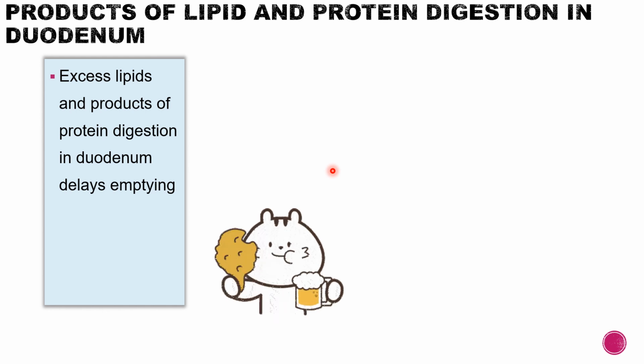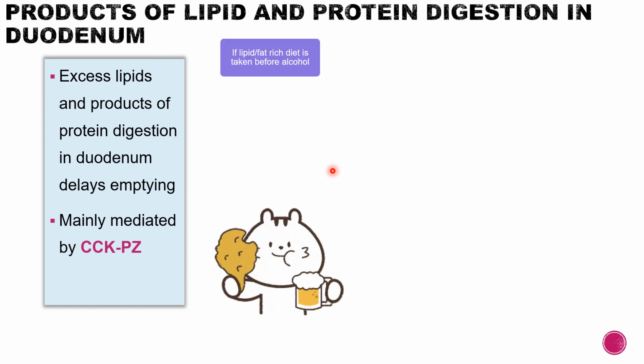The duodenum has protein and lipid. So the stomach delays the emptying so that more protein and lipid does not enter the duodenum. First, the stomach waits for the products to be cleared from the duodenum, then more protein and lipid are allowed to enter the duodenum. So this is mainly mediated by CCK.